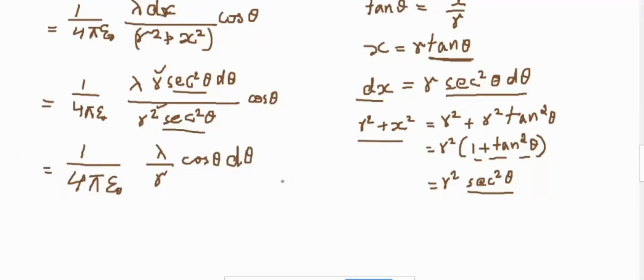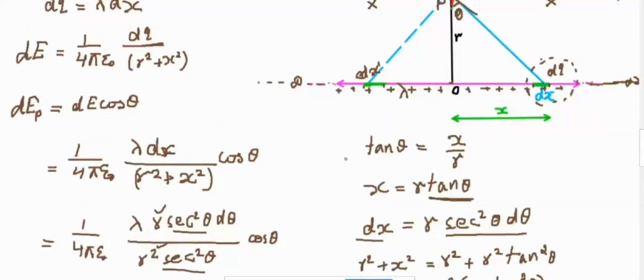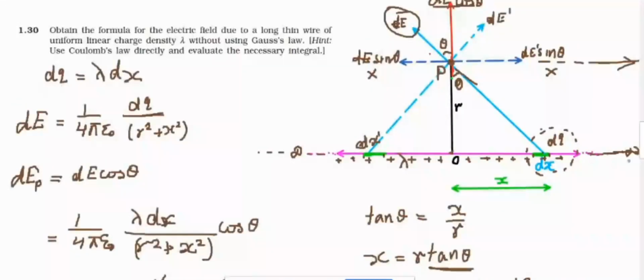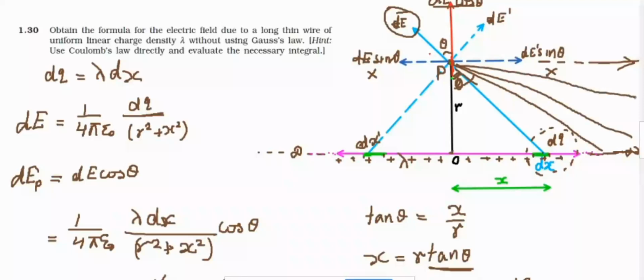Now you can see in the formula, angle theta is the variable. Now we want to calculate the electric field due to the infinite length of conductor. Theta is the variable. So what are the possibilities of variation of theta? Suppose the value of x increases. When the value of x increases, angle theta also increases, more and more. Finally, up to infinity, you can see this line becomes horizontal. Line horizontal means the angle becomes 90 degree,